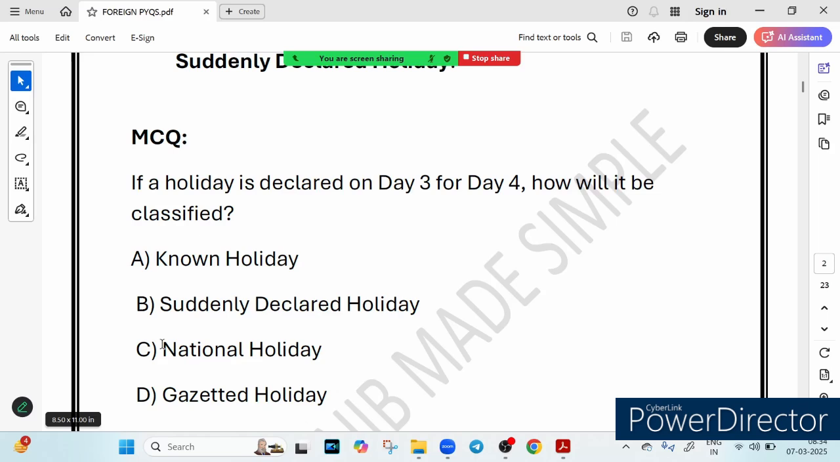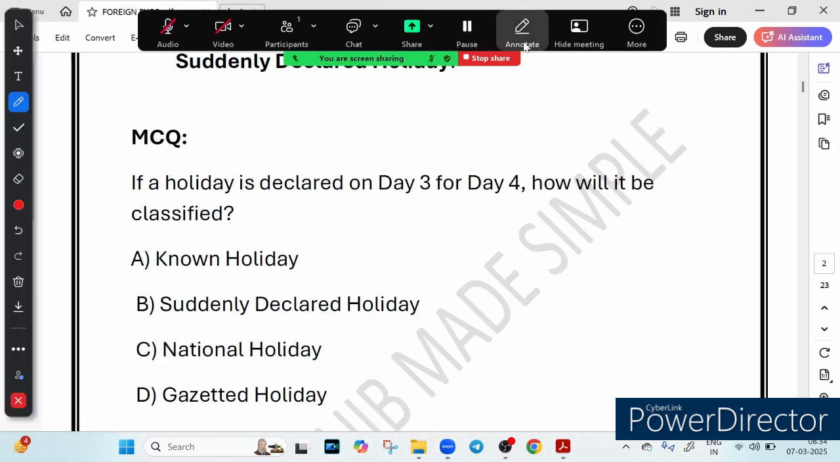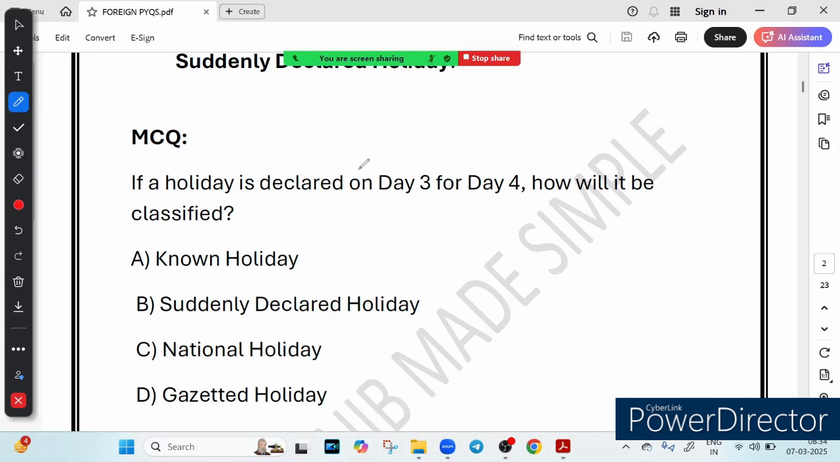So the first option is known holiday. For a holiday to be considered known, I just told you that it needs to be declared at least 3 working days in advance. But in our scenario, what is happening? If day 3 is a working day,